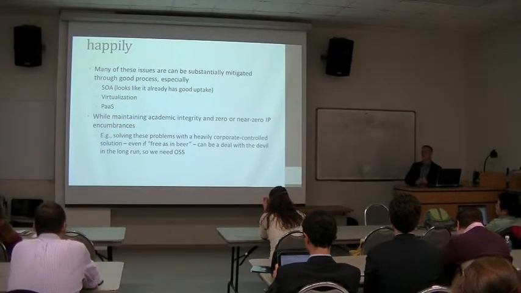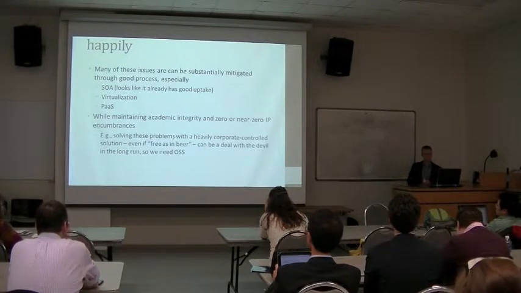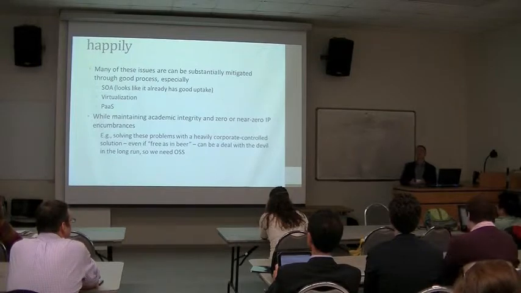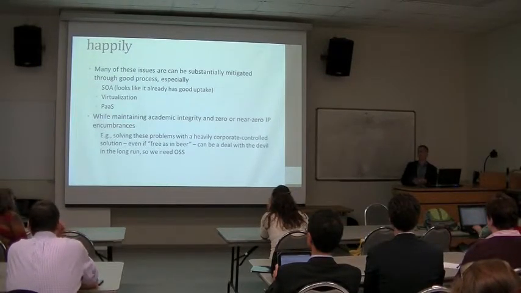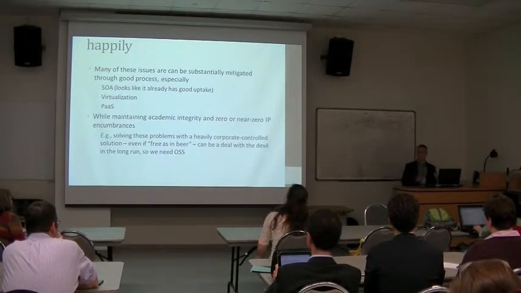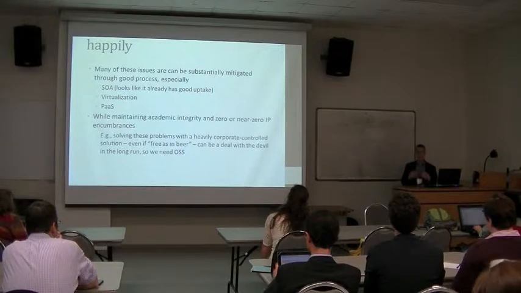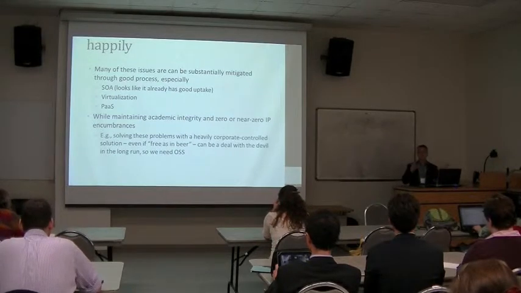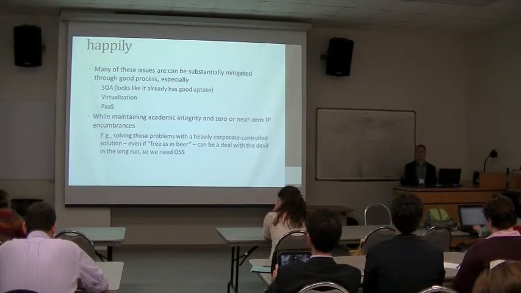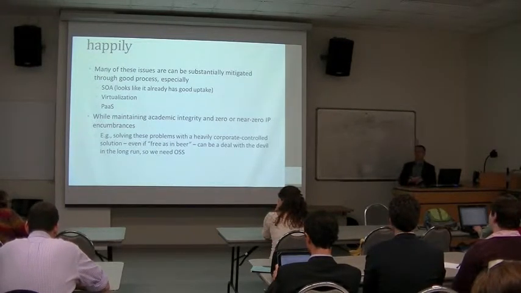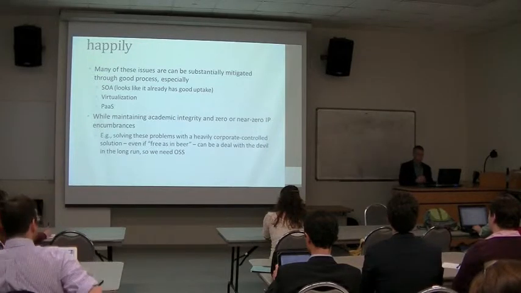So one of them is SOA. It's sort of a component-oriented architecture, and that looks like it's already got really good uptake. I'm really excited talking to people and seeing a lot of the projects are already being designed around APIs and separation of the front-end clients from the APIs and all that sort of thing, and the intention of interoperating between them. We saw a lot of that with the GIS and the geodata-related projects, that the goal is to tie them into lots of other digital humanities systems. So that's great. And another thing that I want to focus on here are virtualization and platform as a service.